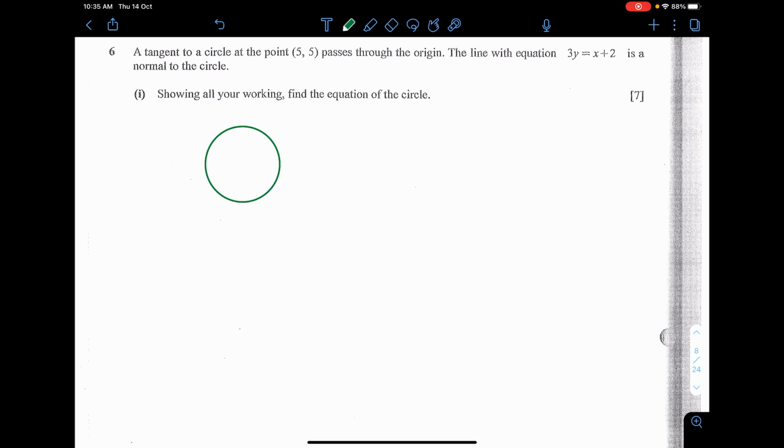Okay, we have no idea how the circle is and where it is located. Okay, but there is actually a point (5,5) here. That is tangent to the line, and this tangent also passes through (0,0), somewhat like this lah. Okay, then there is a line with this equation that is normal to the circle. I like the equation to be proper like this. Normal to the circle.